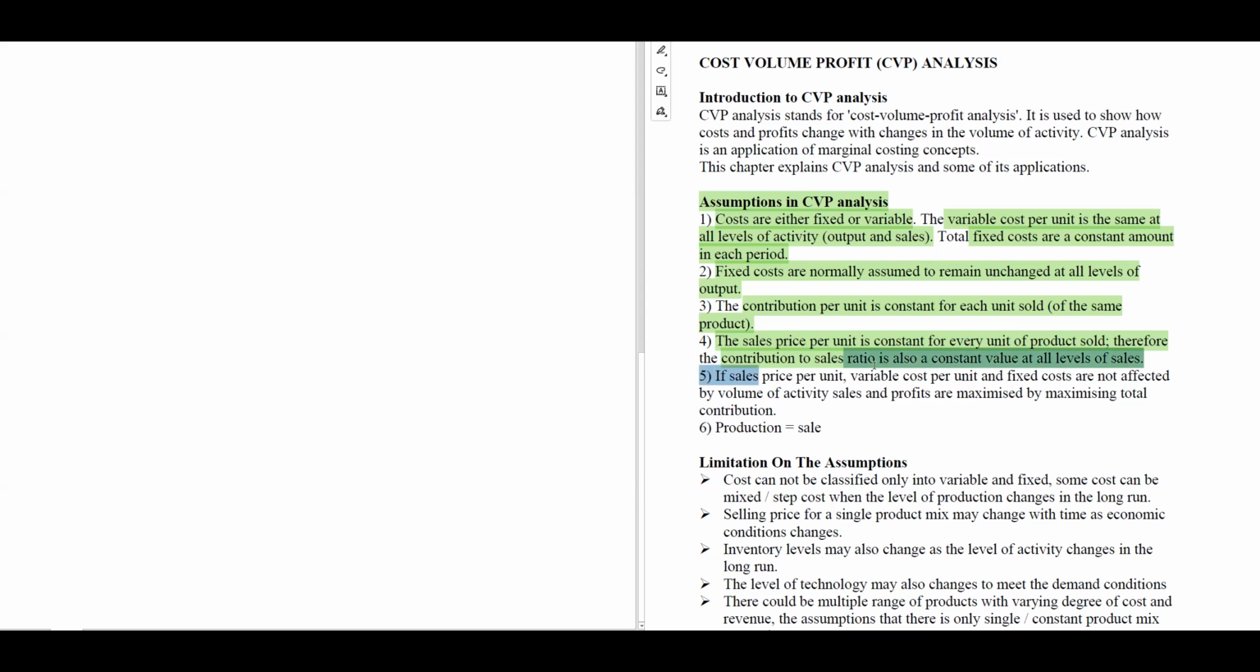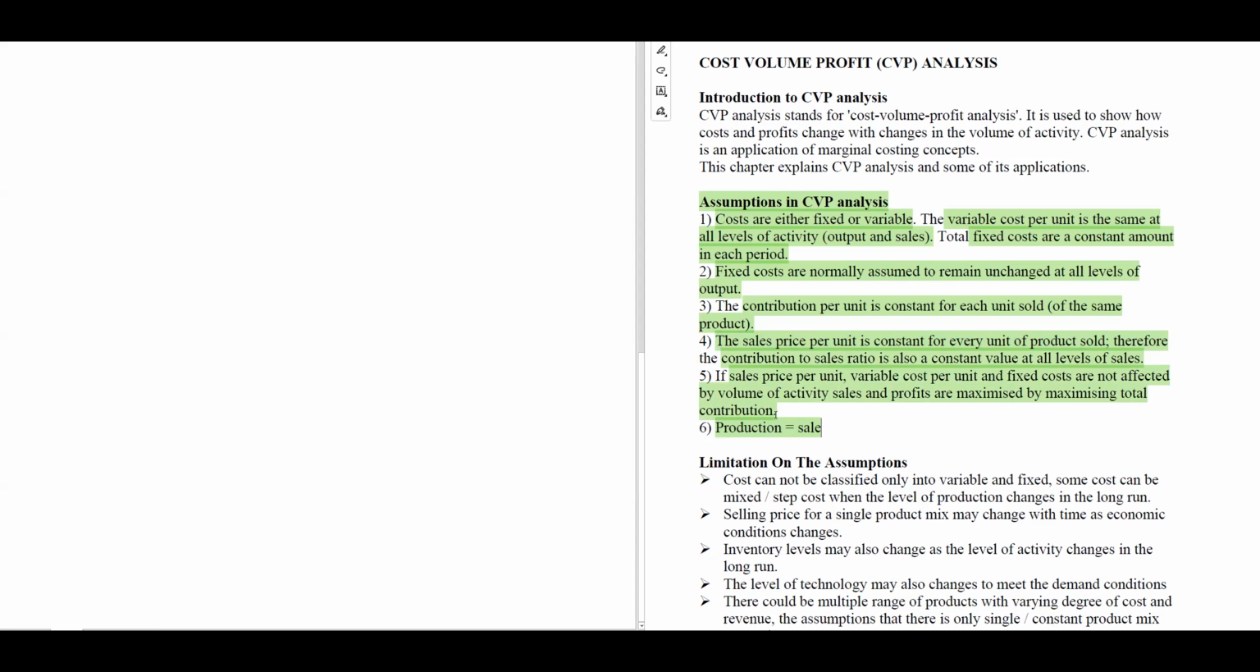Now, if selling price per unit, variable cost per unit, and fixed costs are not affected by volume of activity, sales and profits will be maximized by maximizing your total contribution. So when you maximize profit, then your contribution is maximized. And when you are doing CVP, there's no opening and closing stock. So the amount you produce is the same amount that you sell. If you produce 5,000, you are selling 5,000, no opening and closing stock. So these are the assumptions that you use